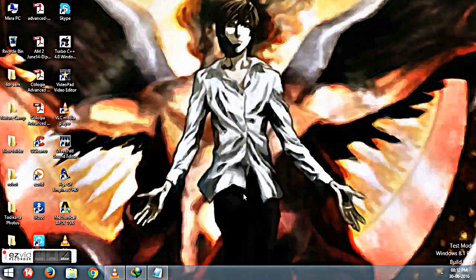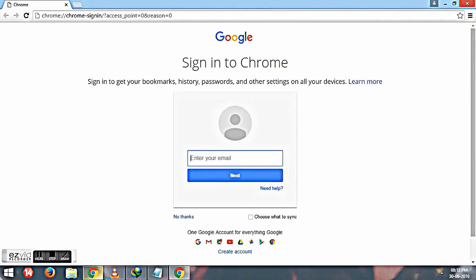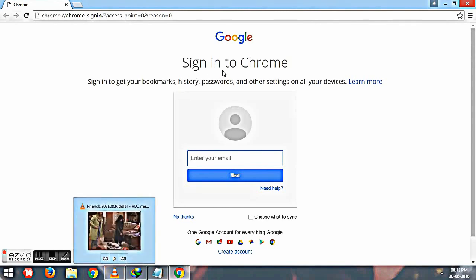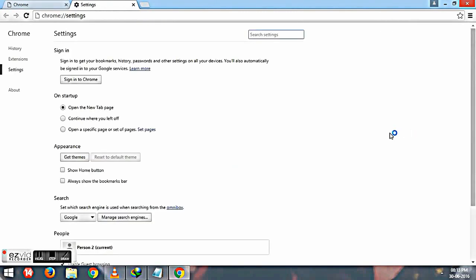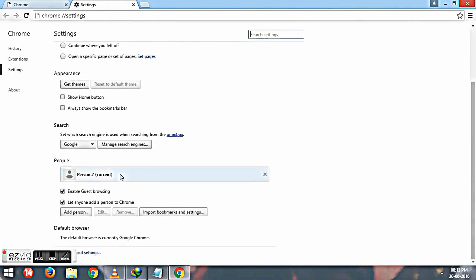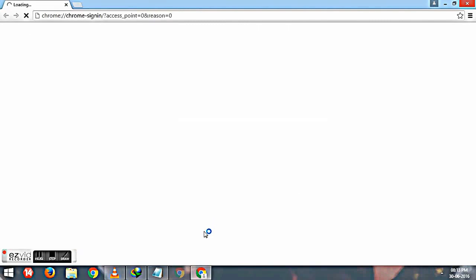Hello everyone, today I will show you how to revert back the changes that you have made in your Google Chrome, or how to get your deleted user data back, or how to get your old Chrome profile. Google Chrome profile can be deleted accidentally, or sometimes it can be deleted by the trojans on the search bars. The search bars won't let you change the Google profile.